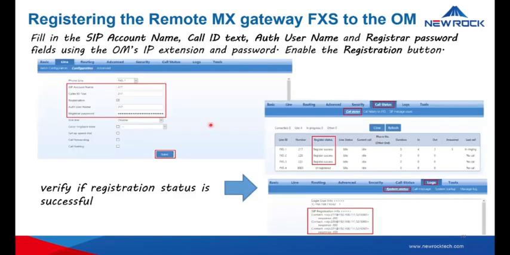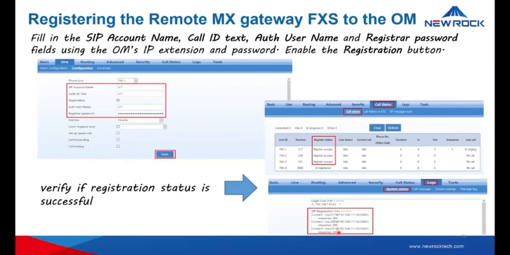Then, of course, to make sure that registration is successful, go to the call status page, then "register success" will display, and the system status should be 200. In the event there's no response, there's a problem with the registration server, maybe an incorrect address, or it could be contributed to by IP network failure. If it is 404, it means the number is incorrect. And if it's 403, the password is incorrect.